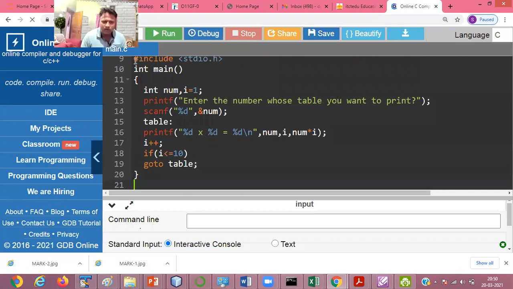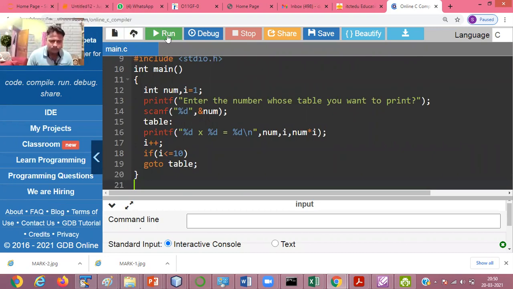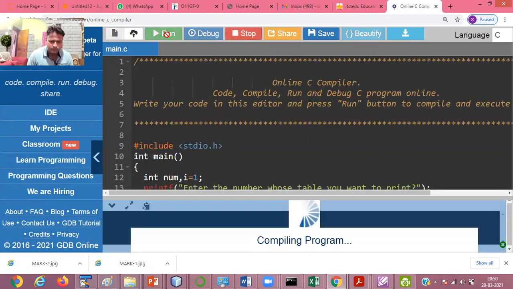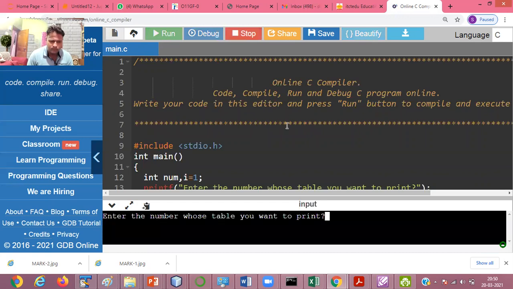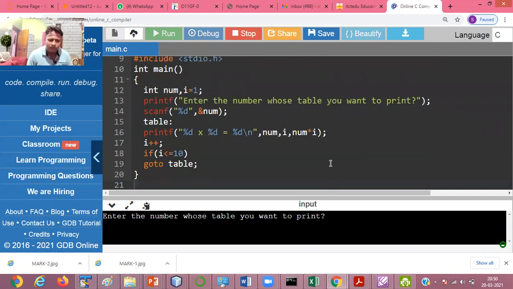So now I run the file here. Enter the number whose table you want to print.